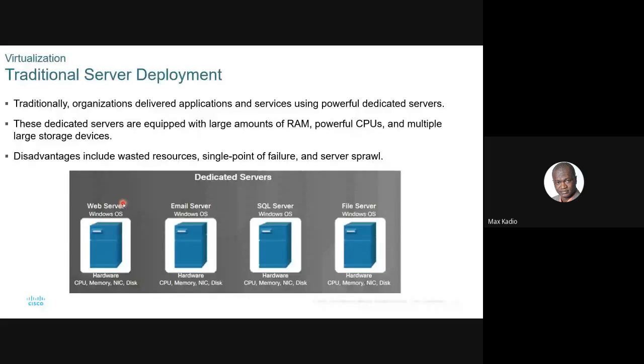So see, in the old days, if I wanted a PC to do my web, I'd buy a PC for that. If I wanted a PC to manage the emails, you buy a PC and install it. If you want a PC for a file server to save all the documents, you see. So if you have 10, you need to buy 10, and it's very expensive. So virtualization is what? You only have one PC, and all the others are virtual PCs. That's what we call virtualization.